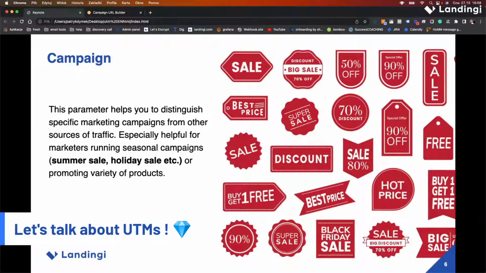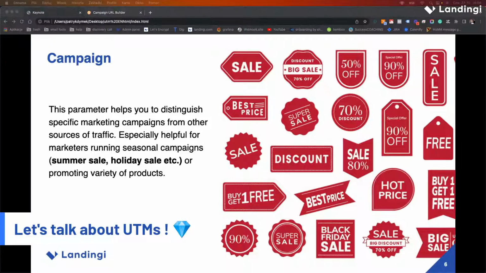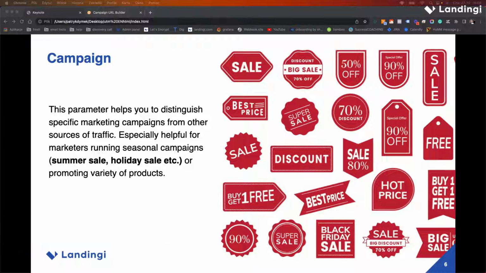Campaign, of course, UTM campaign. The parameter helps you to distinguish specific marketing campaigns. Okay, let's move the text away so you can have a general overview of the slide. There you go.